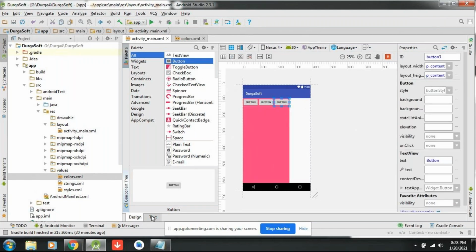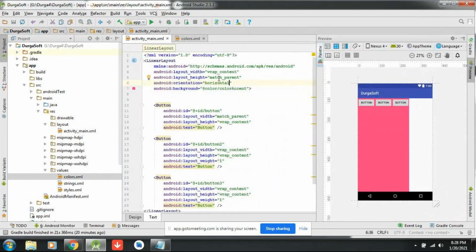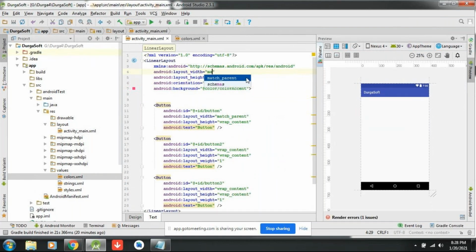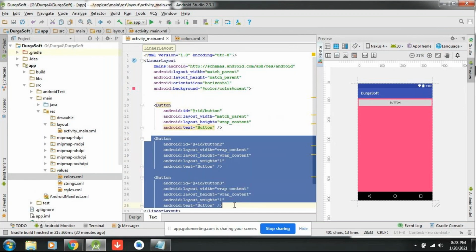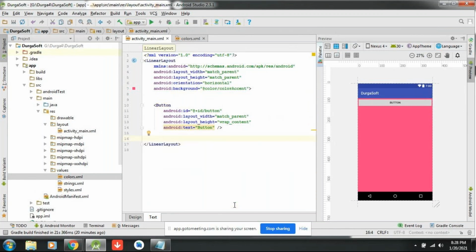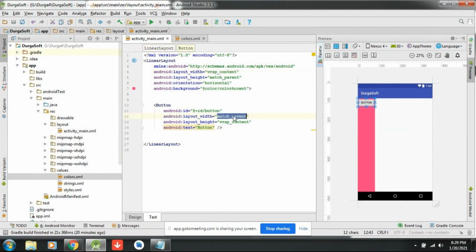This width is increasing because of wrap content. If I say match parent for this one, irrespective of buttons, it will go there. So now just remove the buttons. Irrespective of buttons, it will take care. This width match parent is there, button width. Let me make it wrap content.